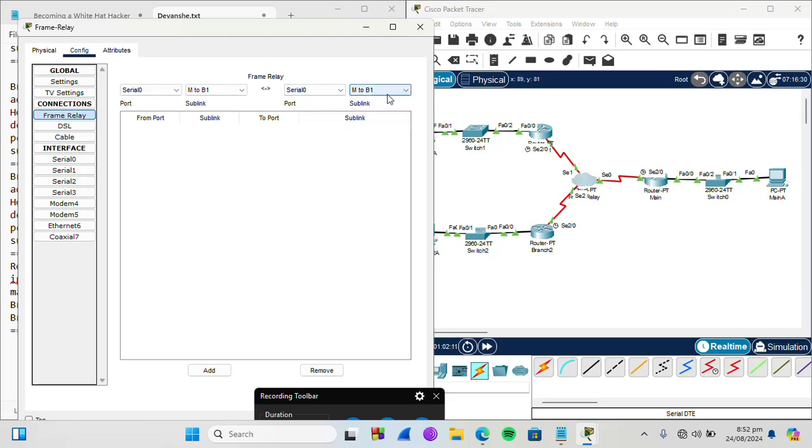Again 0, 0, M to B1. So here is supposed to change. So you can put 0, 1, this one, so that it can be B1 to M, the opposite way. Okay, the opposite. So you have created. So we can change. Say we can say again